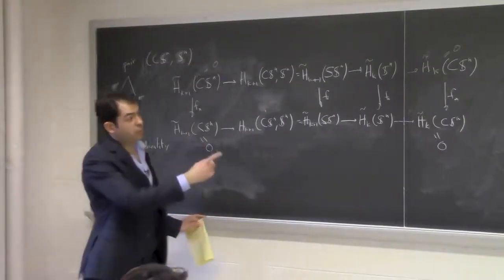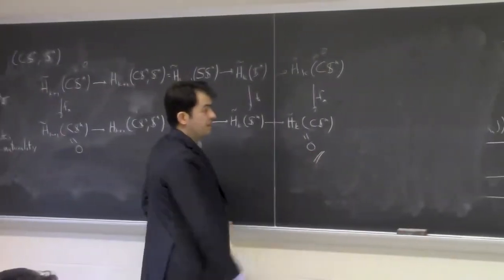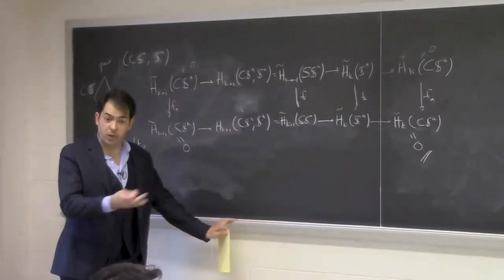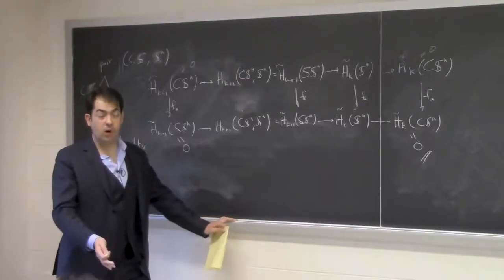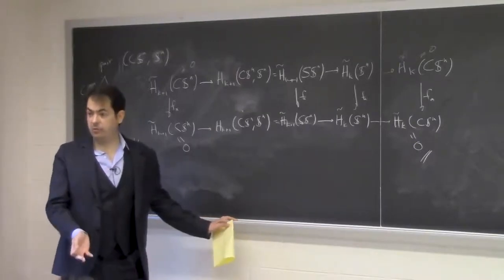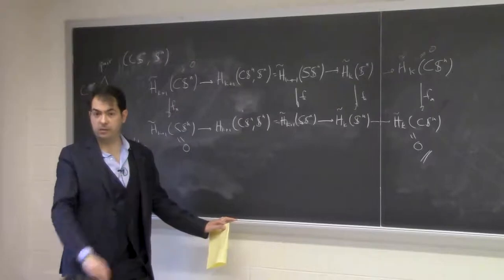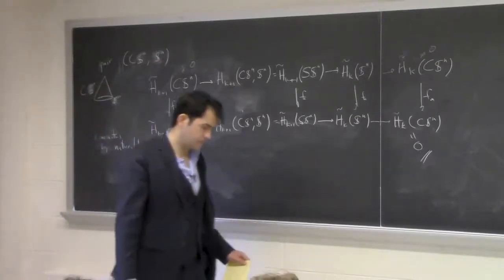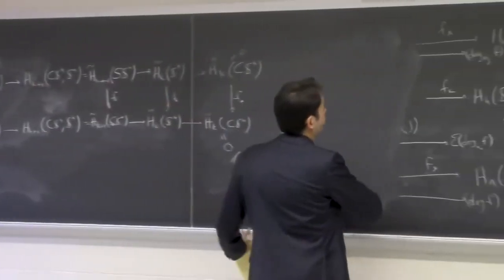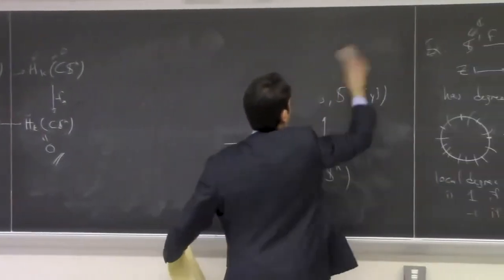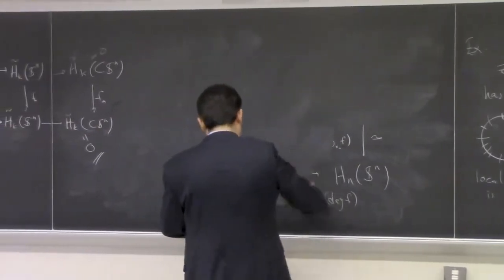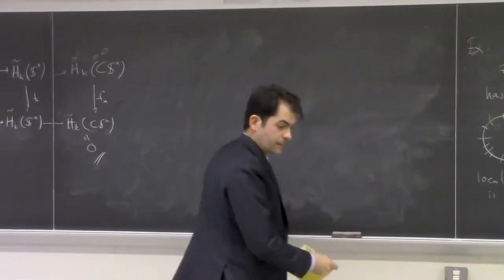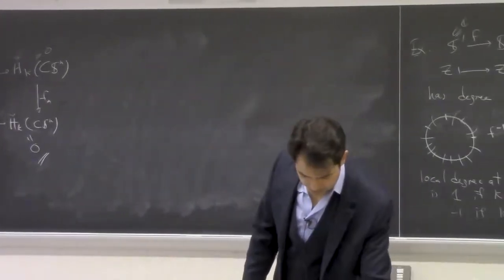Okay, so that proves that the degree of a map and the degree of the suspension are the same. And since for S1 we have a map of whatever degree you want, then for Sn we have a map of whatever degree you want. Just suspend until you get there. Okay. Right, so